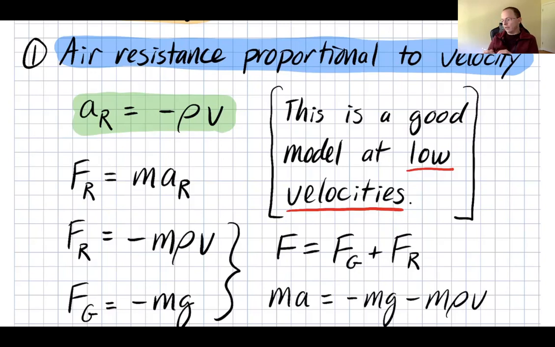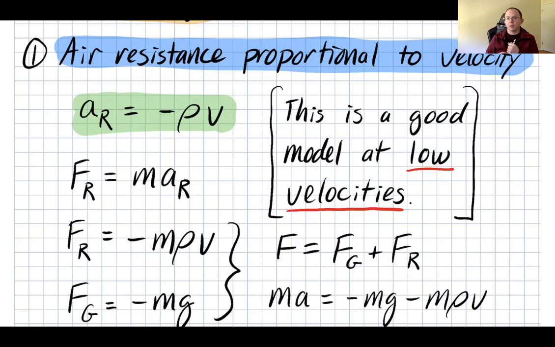Now, this is a very simple model, and it's a good model at low velocities. However, if you were to analyze what the actual force provided by air resistance is, and how it relates to velocity,